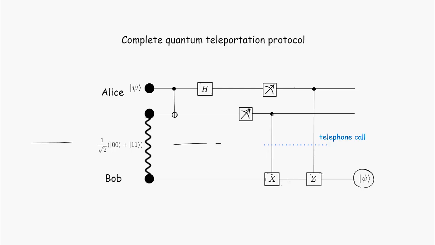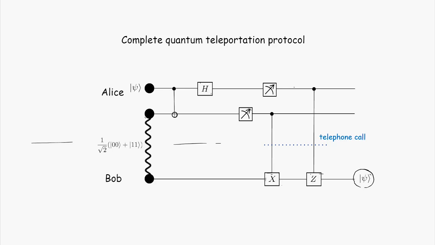In the second case, Alice calls up Bob, tells him apply a bit flip, and they end up in the state alpha 0, 0 plus beta 1, 1. Now what does Alice do? Well, Alice measures her qubit in the Hadamard basis. She calls up Bob, tells him what the result of her measurement is, 0 or 1. If it's a 1, Bob applies the phase flip and he reconstructs